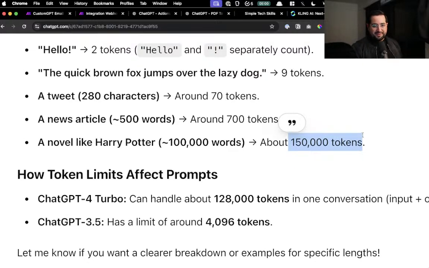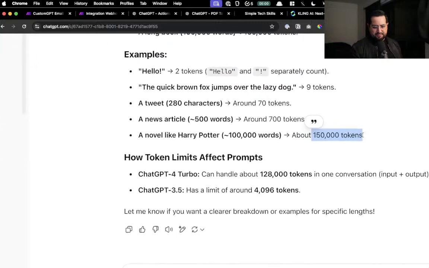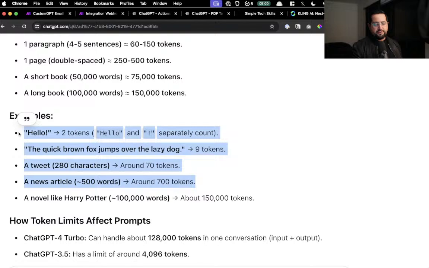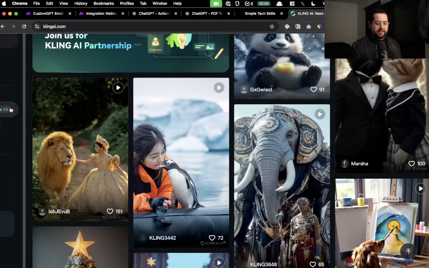Let's see what else. And then ChatGPT 4.0 can handle about 2,800. But yeah, you do have to be aware. And then tokens for images and tokens for videos are completely more expensive, let's just say. They're not as cheap as text. Text is very easy to render or generate. This is generative AI. But when you get into Kling and Kling's budget and stuff like that, you do have